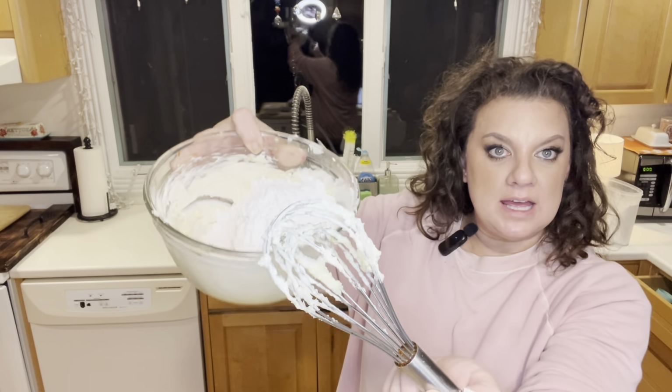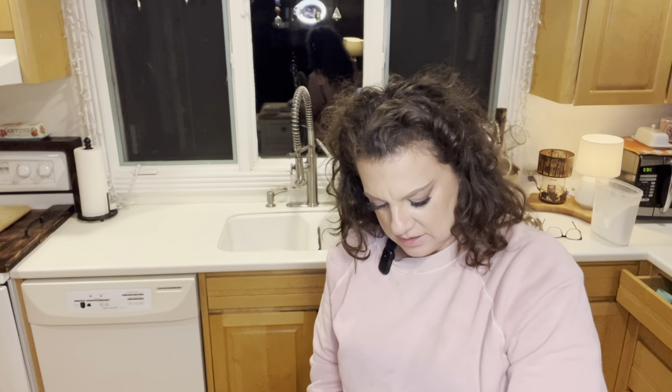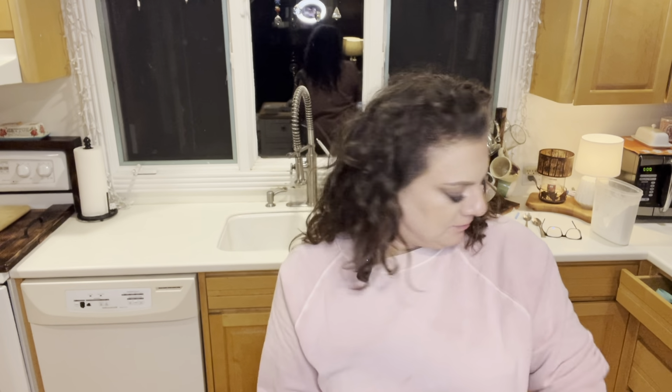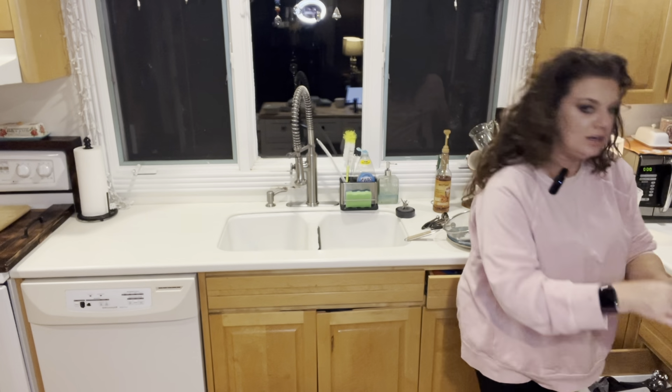Then I'll take my whisk again. I'm gonna put this on the tabletop and combine all of these things together. Maybe a whisk wasn't the greatest idea. Okay, let me get a spatula. That would work better. All my big ones are dirty. I have this one, but I'll just clean the butter and the cream cheese out of the whisk